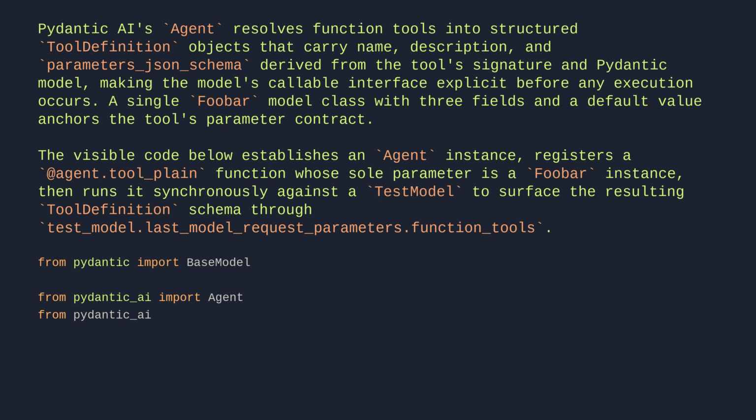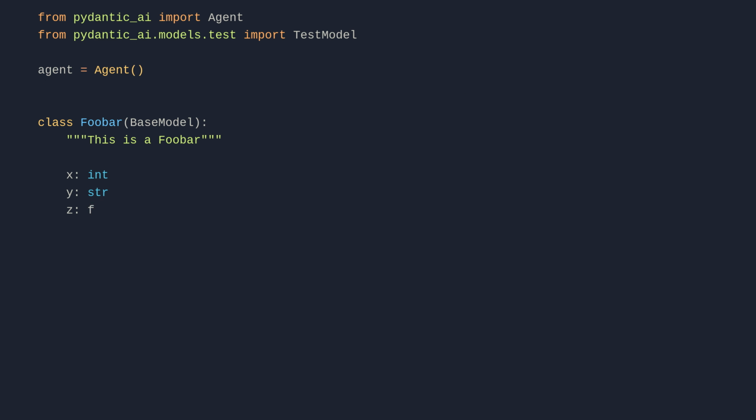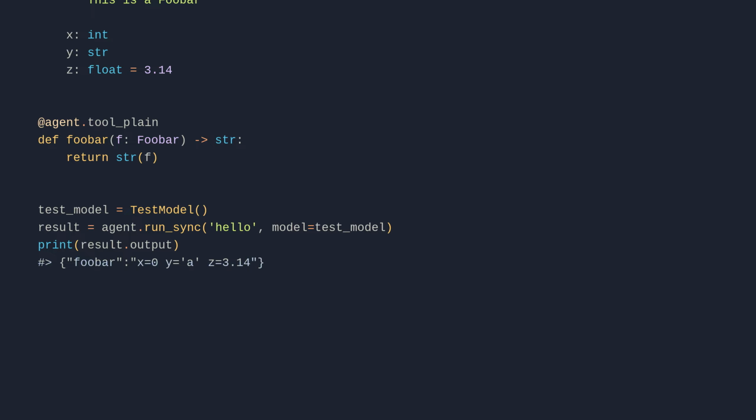From pydantic_ai.models.test import TestModel. agent = Agent(). class Foobar(BaseModel): """This is a Foobar.""" x: int, y: str, z: float = 3.14. @agent.tool_plain def foobar(f: Foobar) -> str: return str(f). test_model = TestModel(). result = agent.run_sync('hello', model=test_model). print(result.output) # Foobar(x=0, y='a'). print(test_model.last_model_request_parameters.function_tools)